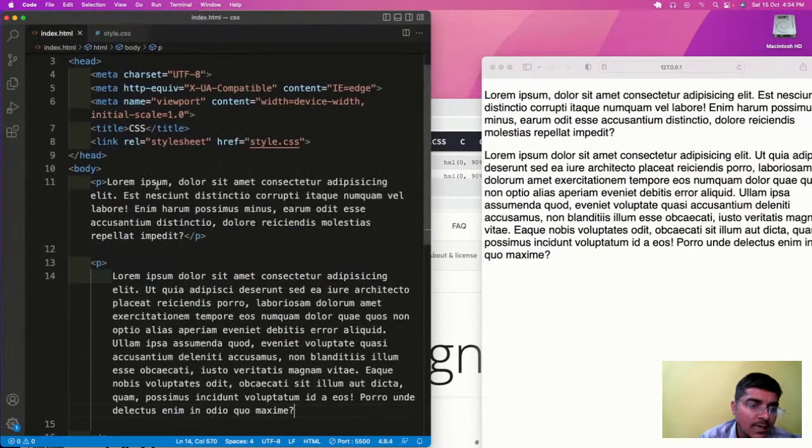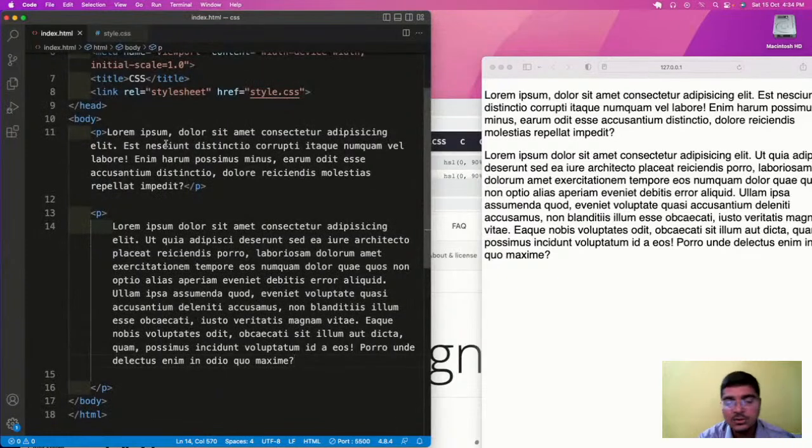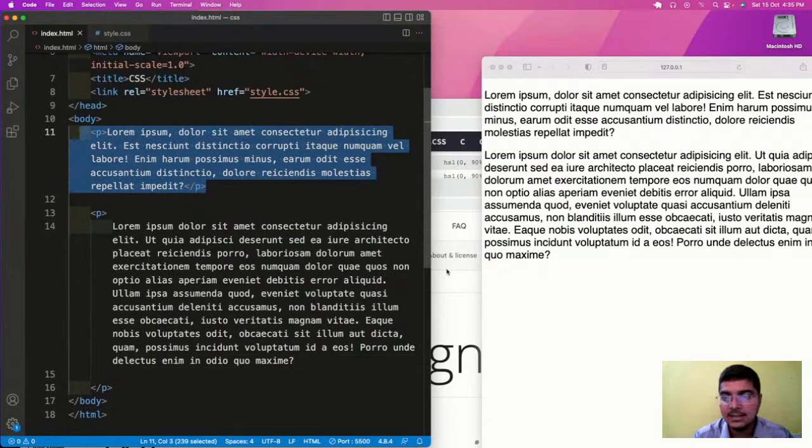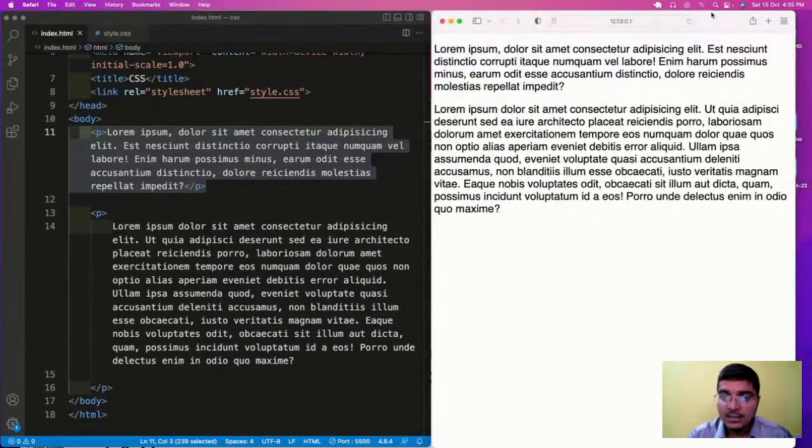So now if you see here, I have 2 paragraphs, and as soon as I apply any style to this first paragraph, it gets applied automatically to the second paragraph also, and it will be the same way, because if I have 100 paragraphs, the same set of styles will get applied to all 100 paragraphs. Now if you see here,